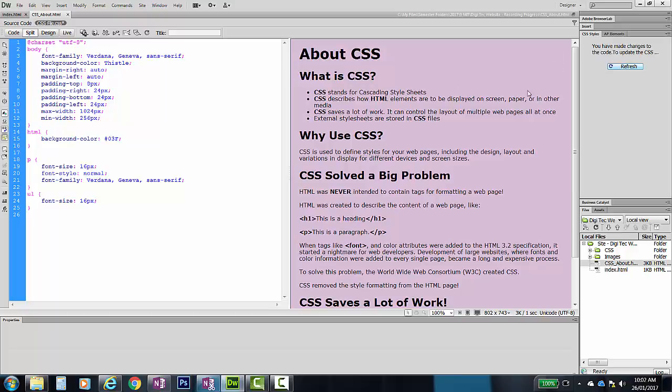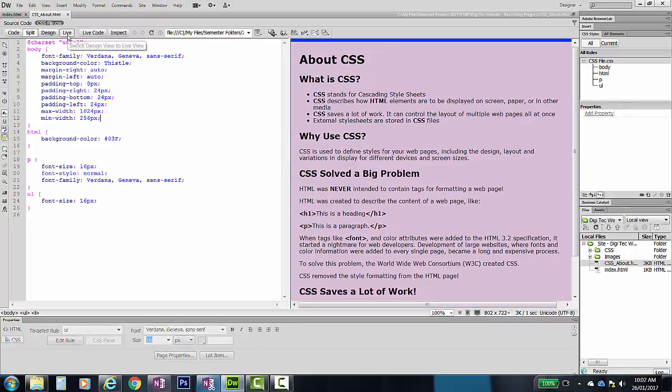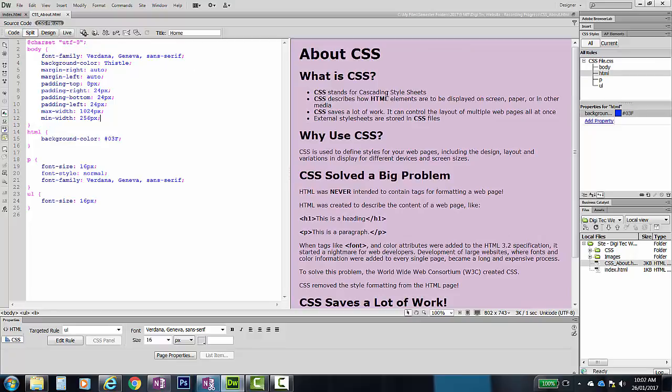To update that on the right hand side, I can either click refresh over here or I could click on this window. And you'll notice that nothing's actually updated on my window here. If I press live, I can kind of see a little bit of an update to show me where that blue color will appear. However, to get a real good look of what this will actually look like when someone visits a page, what we want to do is click on this preview option,